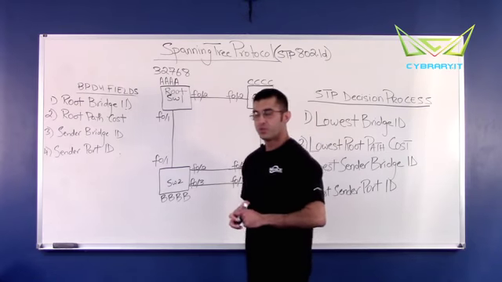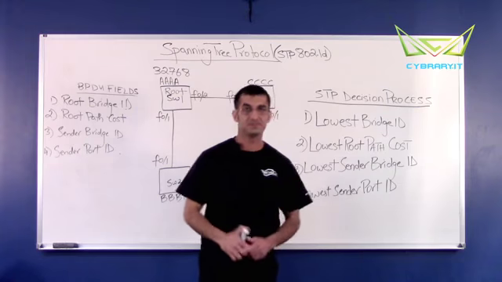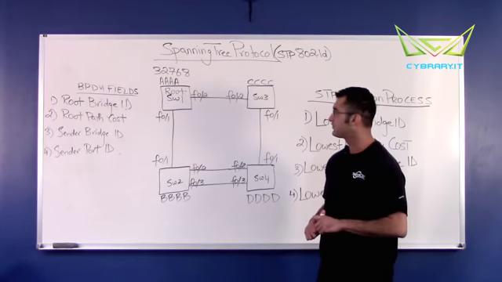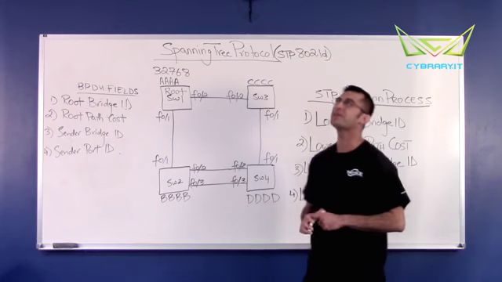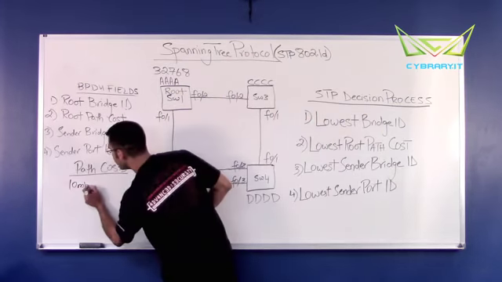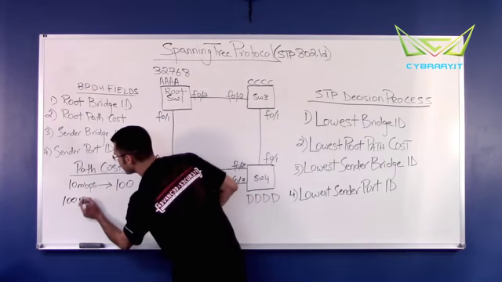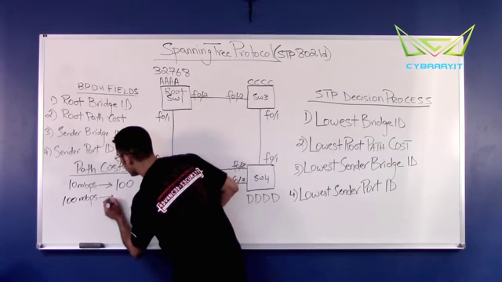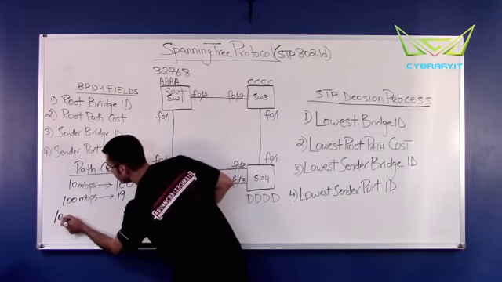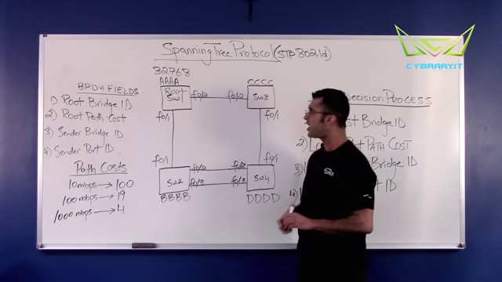Now, root port election happens according to root path cost. And what is root path cost? Well, spanning tree designates path costs. You can think of it as distance for each link speed. For link speeds of 10 megabits per second, the cost is 100. For link speeds of 100 megabits per second, the cost is 19. And for link speeds of 1000 megabits per second, the cost is 4. In our topology,